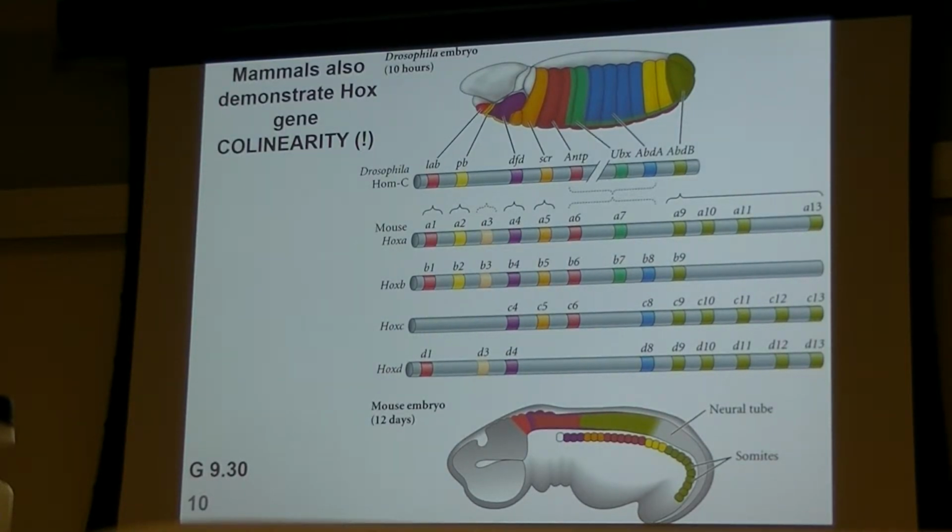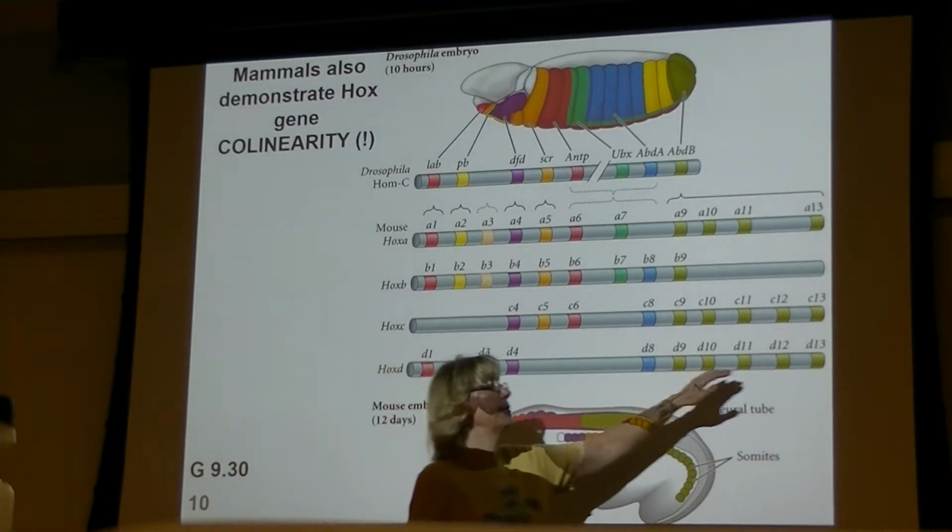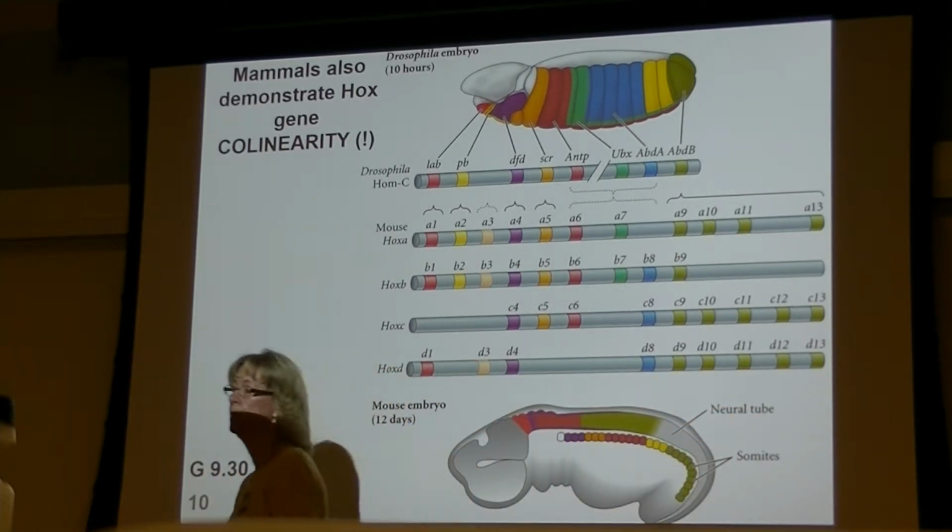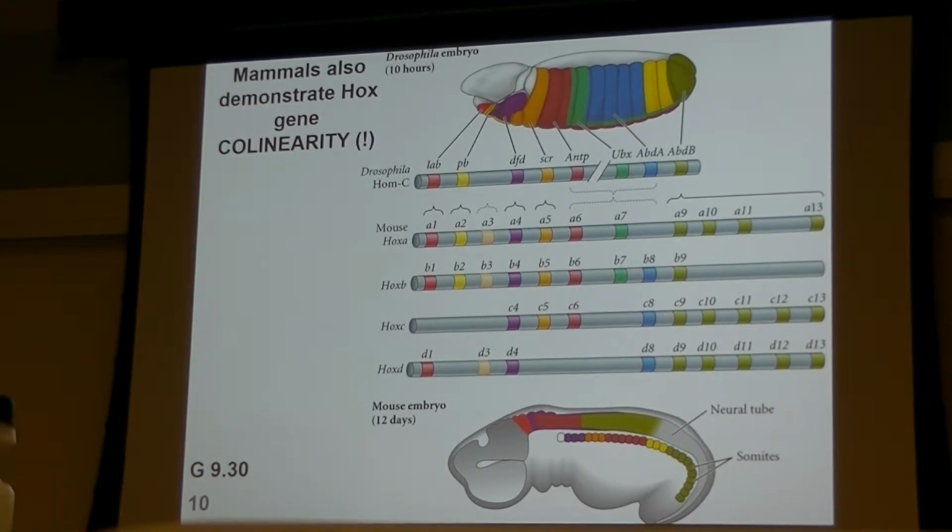So from this, we can infer, we hypothesize, that that original region of the chromosome might have undergone 2 rounds of duplication. The first round made 2 copies, and then somewhere along evolutionary time, that duplicated again. So now we have 4 copies. So we get 4 different chromosomes that have Hox genes on them. In addition to that, some of the individual Hox genes duplicated on a chromosome. And so this gave rise to up to 13 possible Hox genes located together contiguously on one of